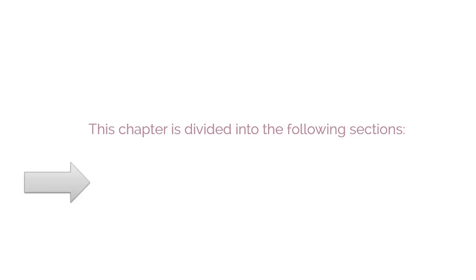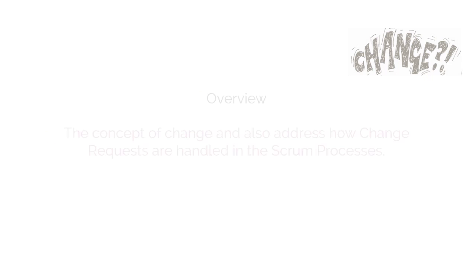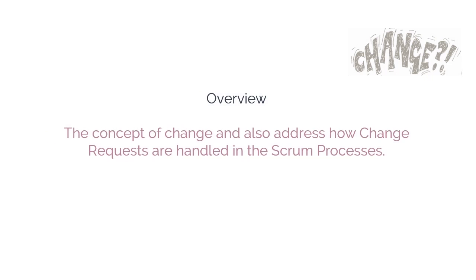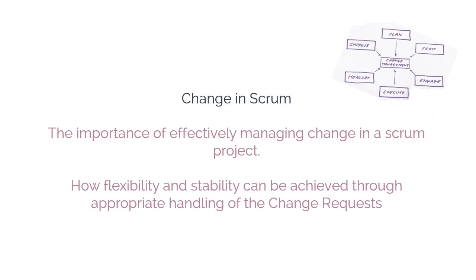This chapter is divided into the following sections. The first being Roles Guide and the relevance of the primary Scrum roles in change process. The second being Overview section, which defines the concept of change and also addresses how change requests are handled in the Scrum process. The third being Change in Scrum, which explains the importance of effectively managing change in a Scrum